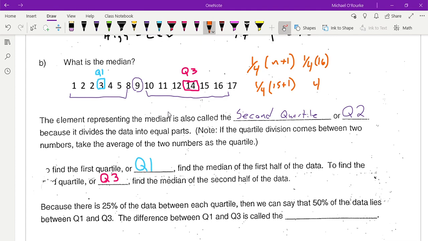Now, we're going to work on something. Because 25% of the data is here, right? And 25% of the data is here, hypothetically. That means 50% of the data is between Q1 and Q3. Does that make sense to everyone? Because these are essentially split up in the quarters. So that 50% is called IQR,